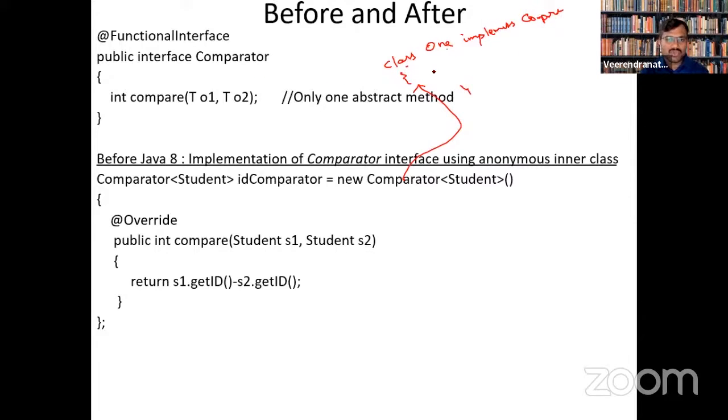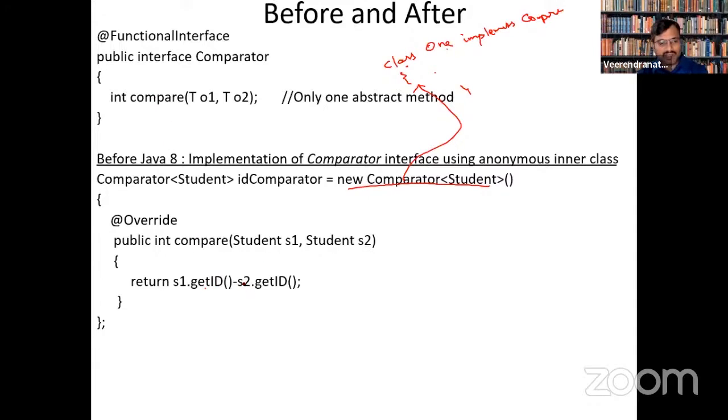Then you have to override this anyhow. So instead of creating one class, we use the concept of an implicit class, which helps us create the object of the comparator and use the compare method under this.